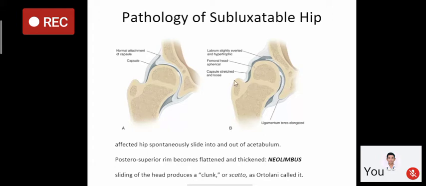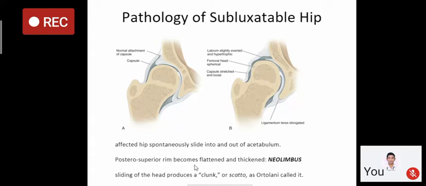and capsule attachment is loose. It may be because of continuous pressure or because the ligamentum teres may be elongated. Ligamentum teres affected, the head spontaneously slides in and out of the socket. Just slides in, and this is because of the laxity of the capsule. Maybe because of the laxity of the capsule, or